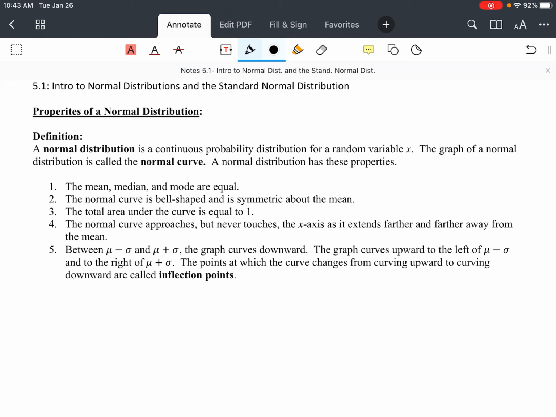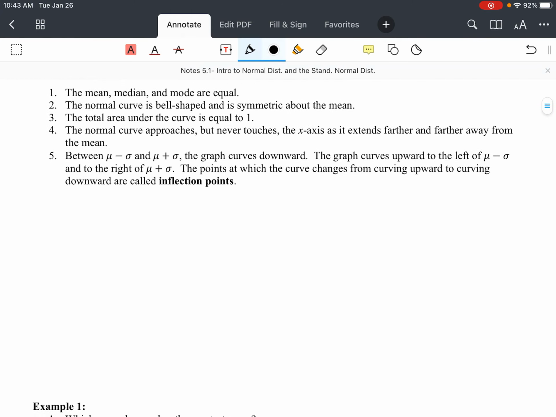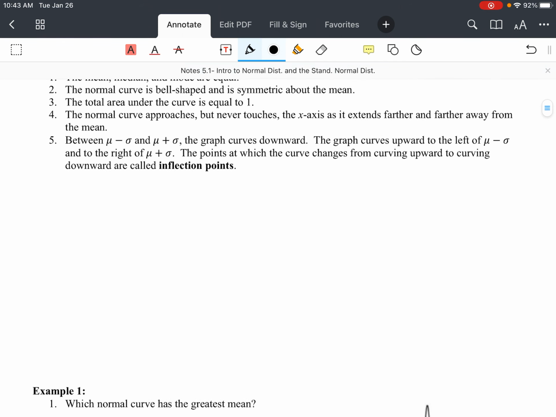So to start off, let's define what a normal distribution is. A normal distribution is simply a continuous probability distribution for a random variable x. The graph of a normal distribution is called a normal curve. The normal distribution has these properties, and we'll go over the properties in just a second, but let's illustrate what a normal